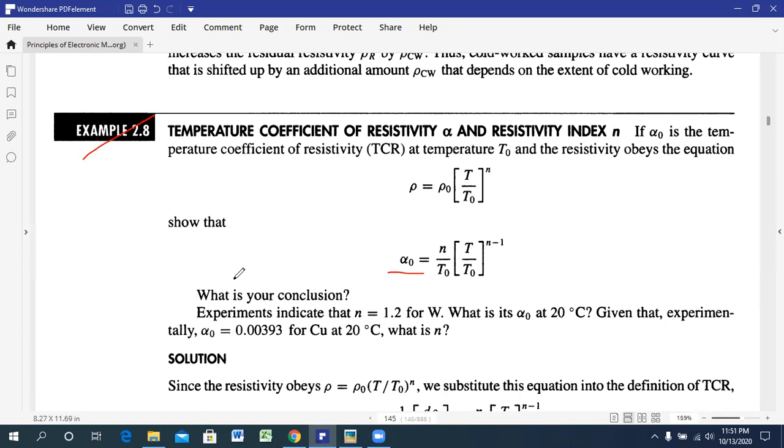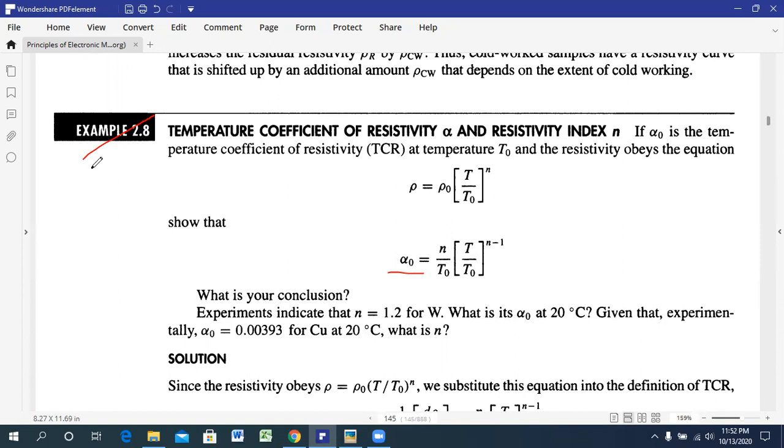And you have to comment on your conclusions. After that they have given all the values, and try to find out this alpha naught. So try to solve example 2.8,